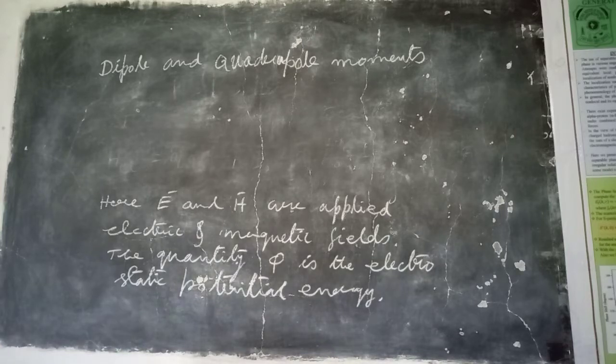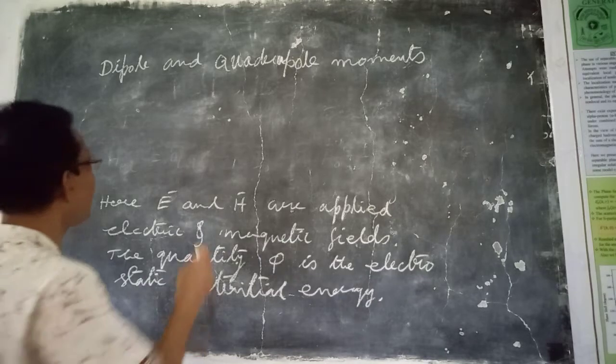The symbol P is the electric dipole moment and M is the magnetic dipole moment, and Qij is the electric quadrupole tensor. Now the electric dipole moment for an assembly of charges